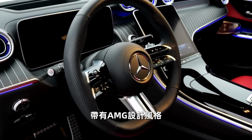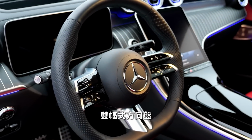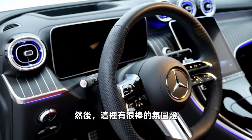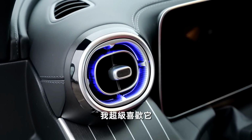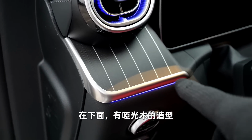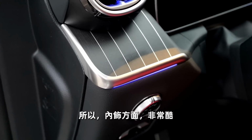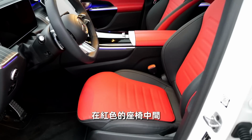This is also the AMG design here with the two horizontal spokes, perforation at the side, and once again awesome ambient lighting. Look at that, I love that indeed. And then below that we have a matte wood styling, so styling wise this really rocks. Yeah, besides the red seats, which is,